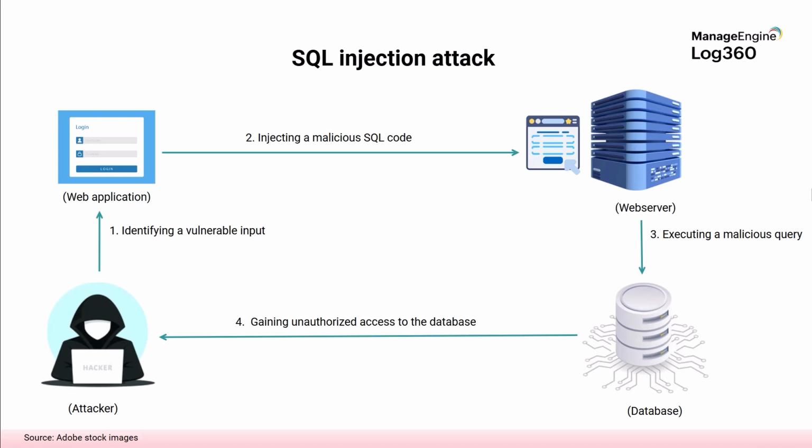In more advanced SQL injection attacks, attackers may exploit vulnerabilities in the database server itself, extending the attack to the underlying operating system. This can allow them to execute system commands, escalate privileges, and move laterally across the network. Thus, it is crucial to analyze incoming queries to web applications and web servers to detect SQL injection attempts in real time and protect sensitive data in databases.